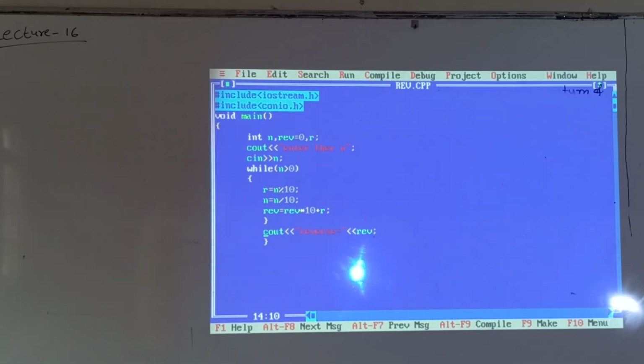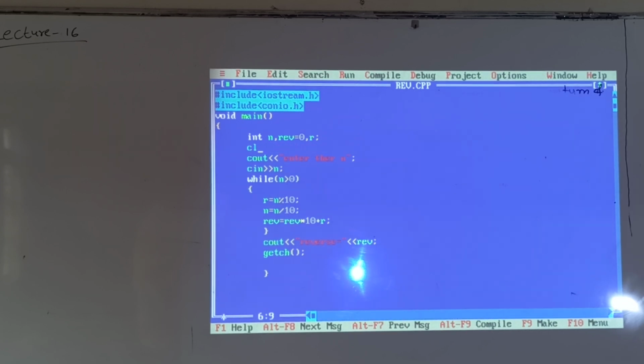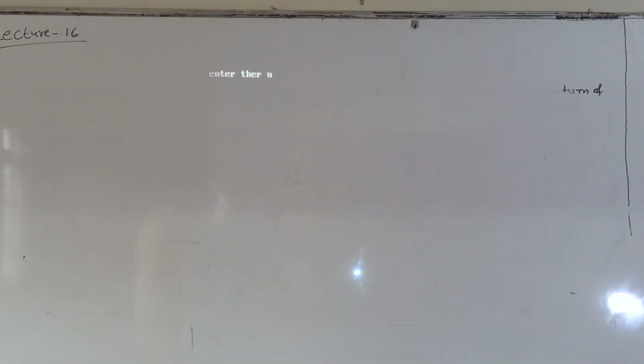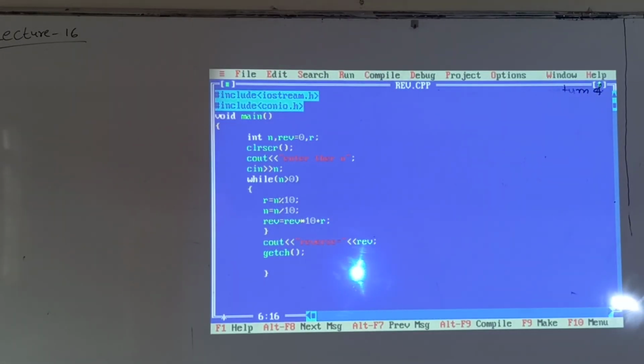Okay, so now I have to write both getch as well as CLRSCR. Okay, again compile. 123, answer is 321. Okay, so like this you have to execute the programs.